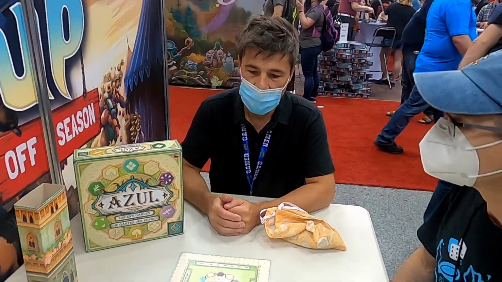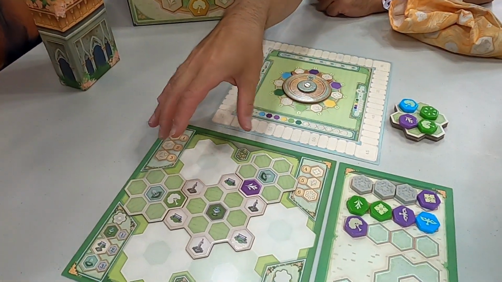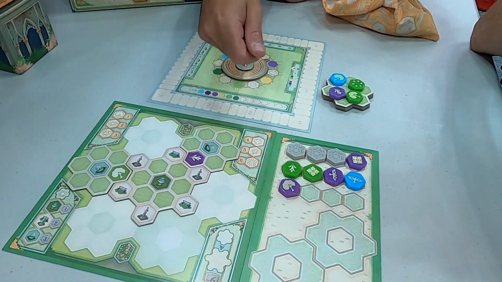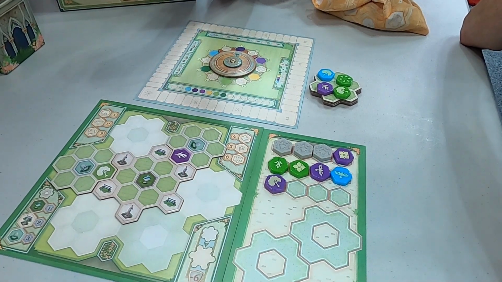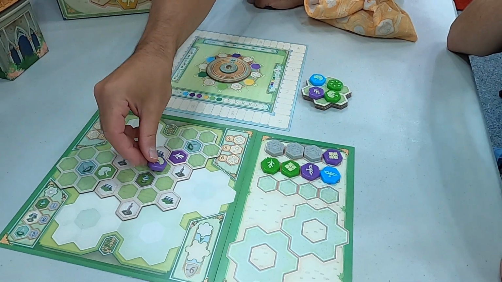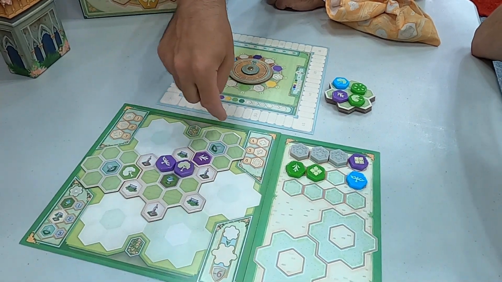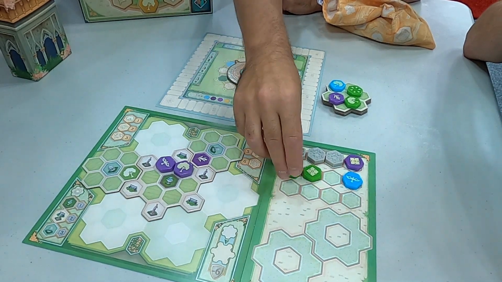2021. In the game, each player has a garden like this, a garden area with a central tile and additional tiles that they will place on their garden. At the beginning, they start only with the central tile. And what the player will do is try to develop their garden by placing tiles like this on the green spots, like this, and they will put